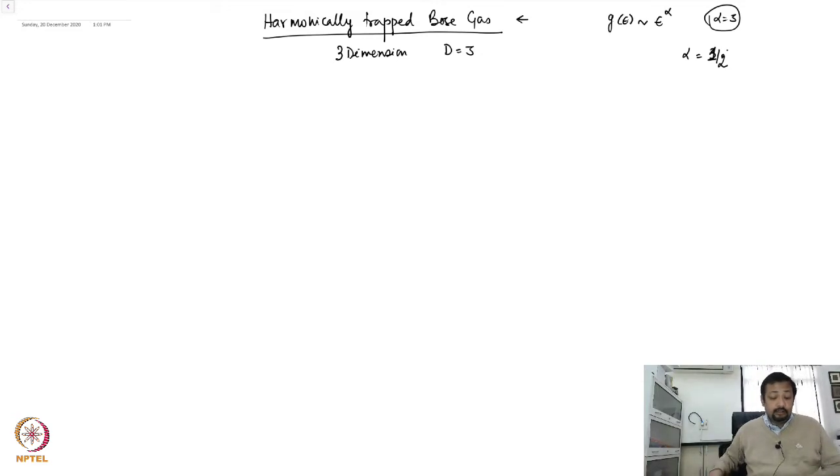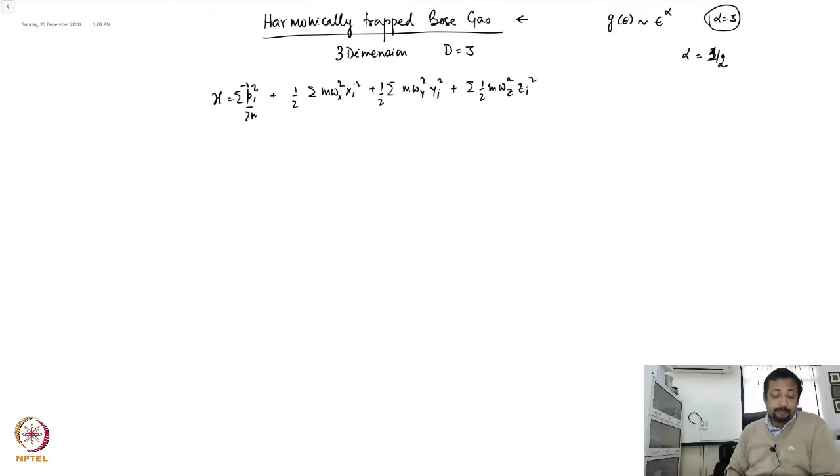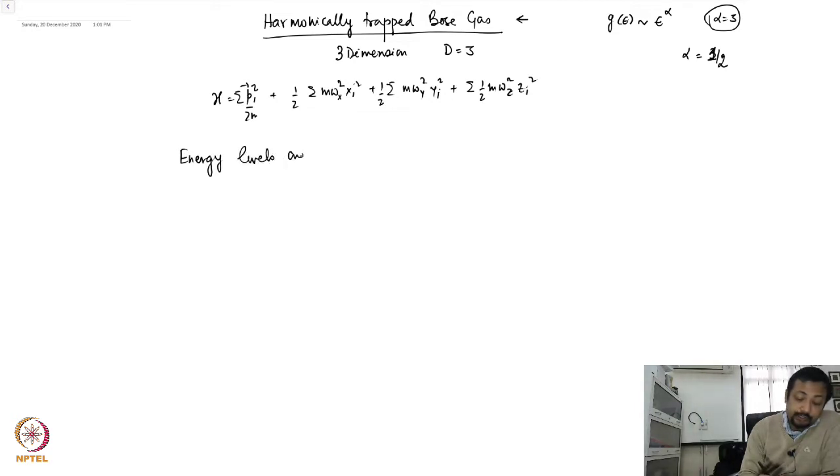Now the Hamiltonian is p square over twice m plus half m omega x square xi square plus half. So one can have an anisotropic harmonic potential, so that you have omega y square yi square plus half m omega z square zi square. The half factor should not be missed, but the energy levels are discrete,